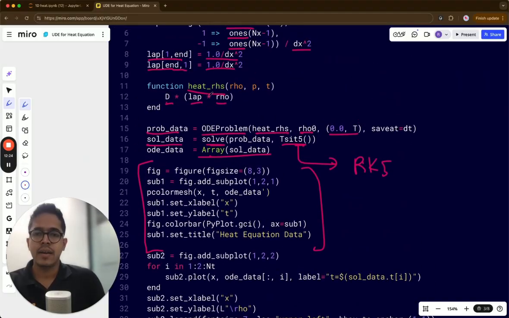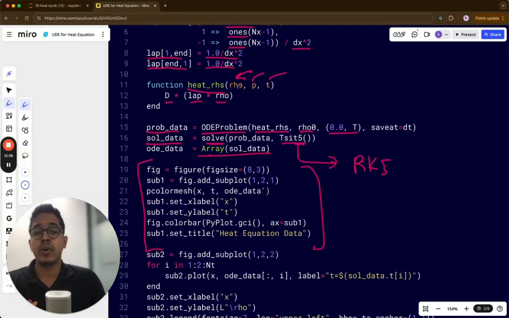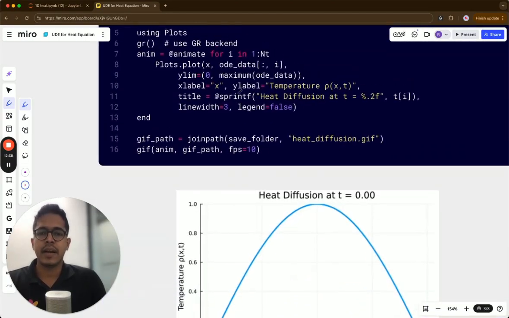We had heat RHS where we were passing the parameters. We are passing the time, meaning the time points for which we are simulating, and the rho function. Rho function was where we were storing the temperature. Coming back to this